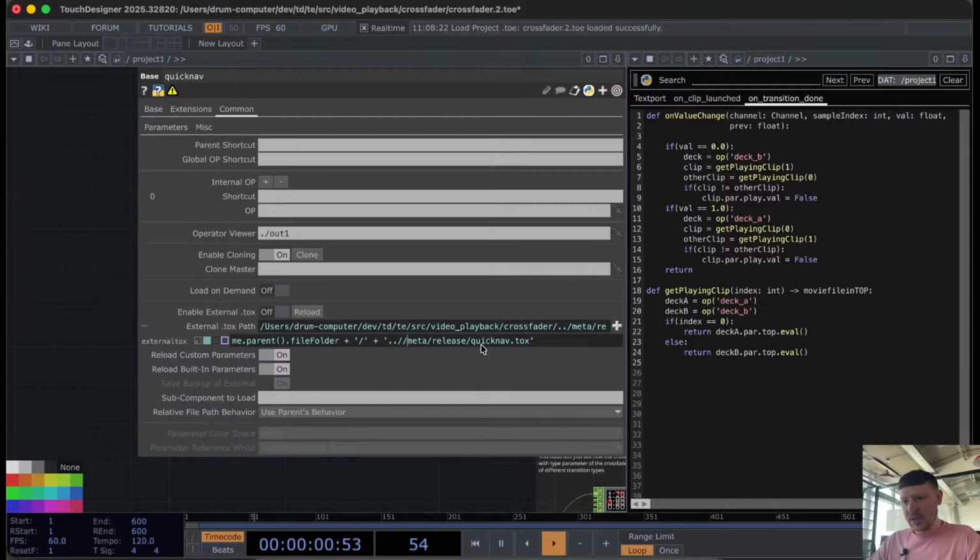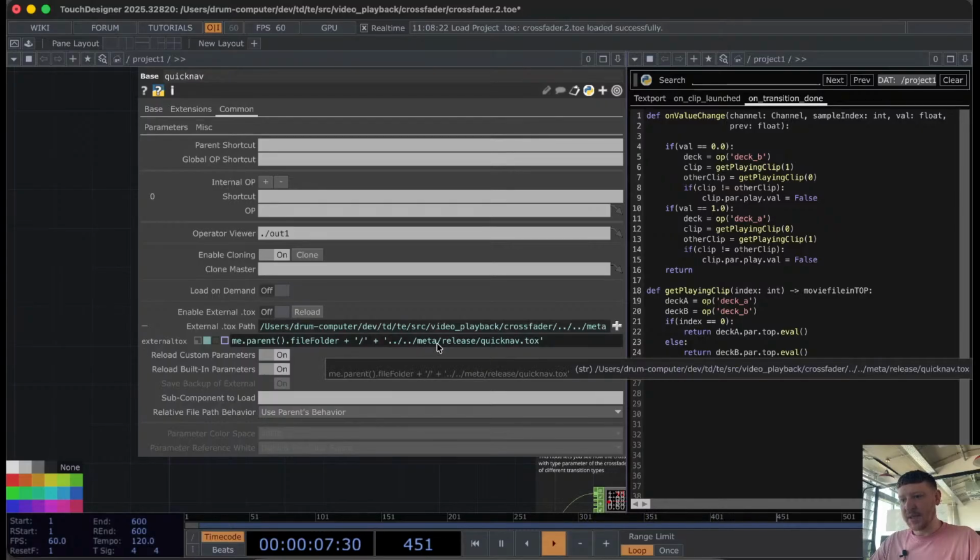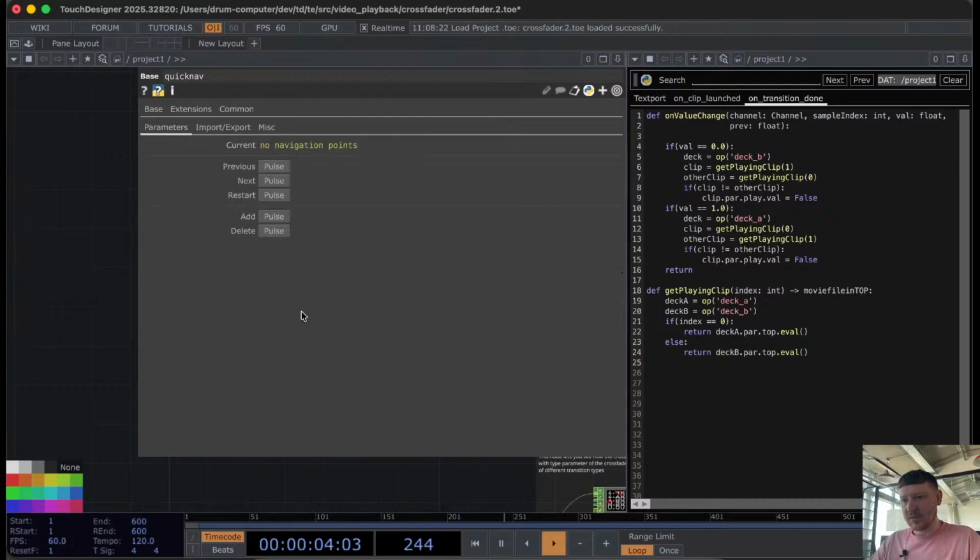Maybe it should be like this because we have, no, wait, so that's meta, then it should be quicknav reload. Nice. So it loaded the latest version